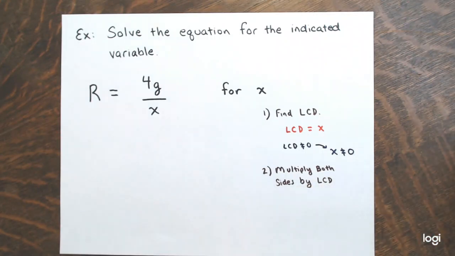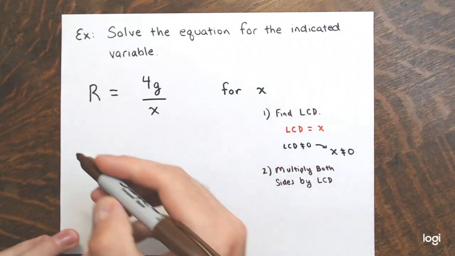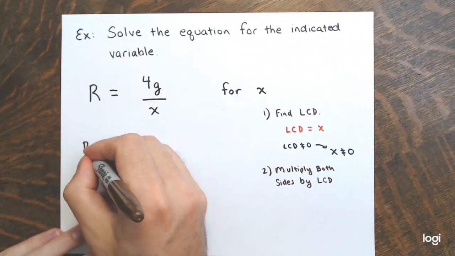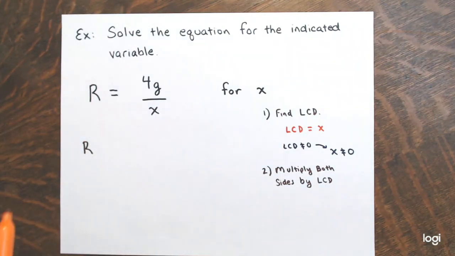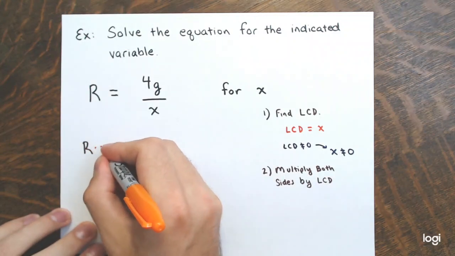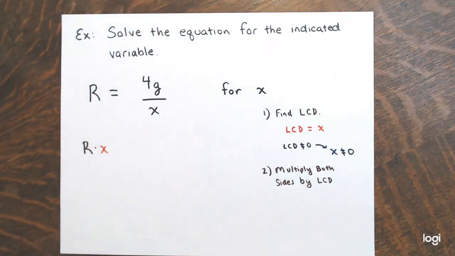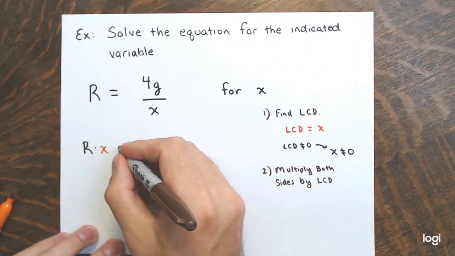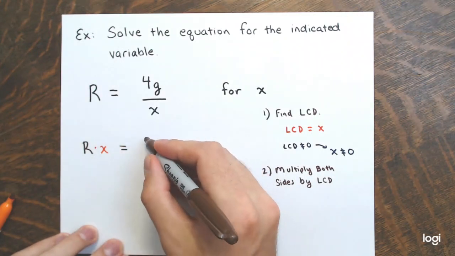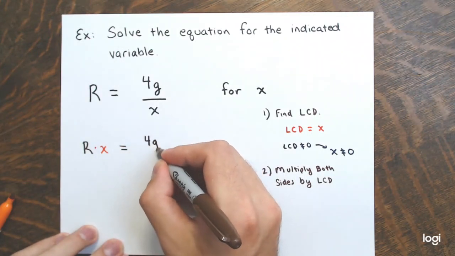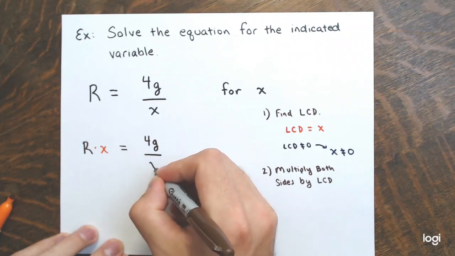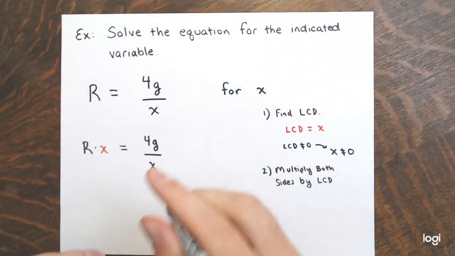So let's see that happen here. My left side is r, and I'm going to multiply that by the LCD, so r times x, which I'll just write as rx, equals the other side, the single fraction 4g over x, which I'm again going to multiply